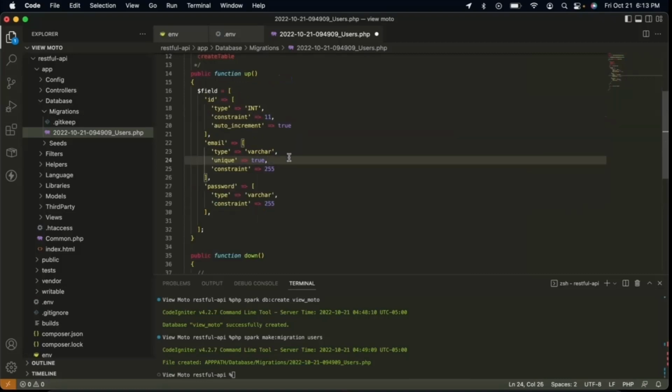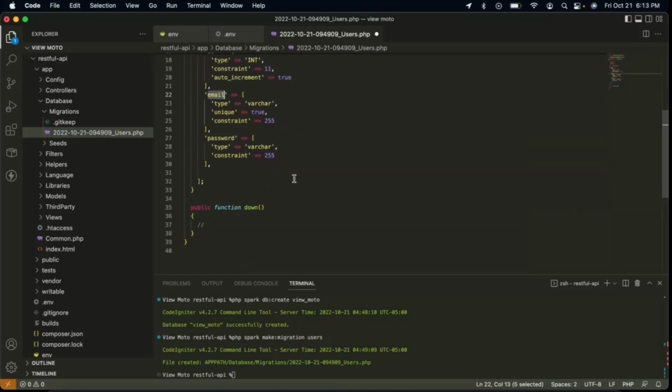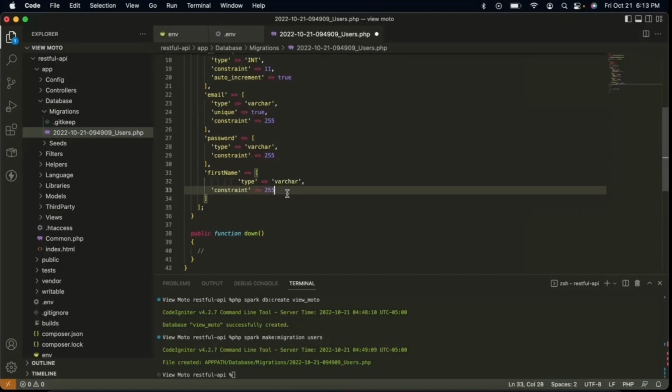because in our users table the email should be unique, so that every time we put data in our users table, it will filter if the email already exists. And now after the password, the next field that we are going to put is first name, and then the value is array, and then paste it again here,